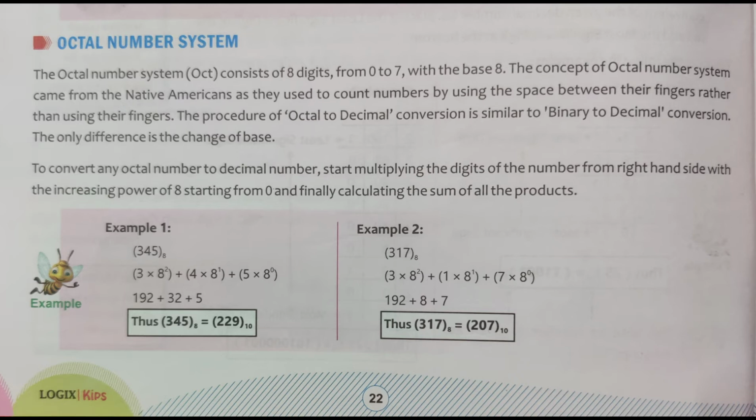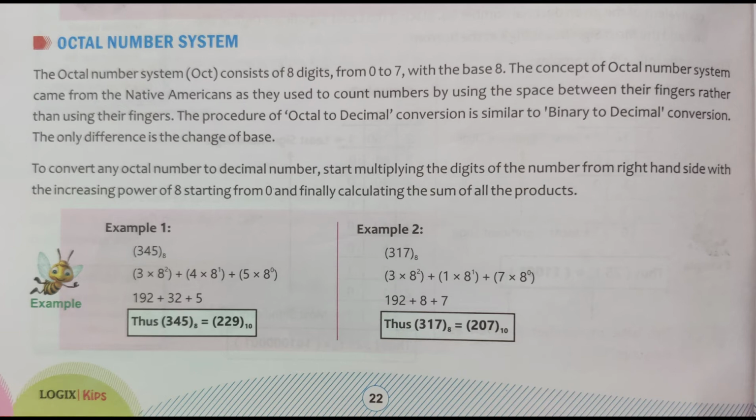What we get is 192 plus 32 plus 5. The total of 192 plus 32 plus 5 is equal to 229 base 10. So we can say that 345 base 8 is equal to 229 base 10. That is the conversion of octal number system to decimal number system. Now